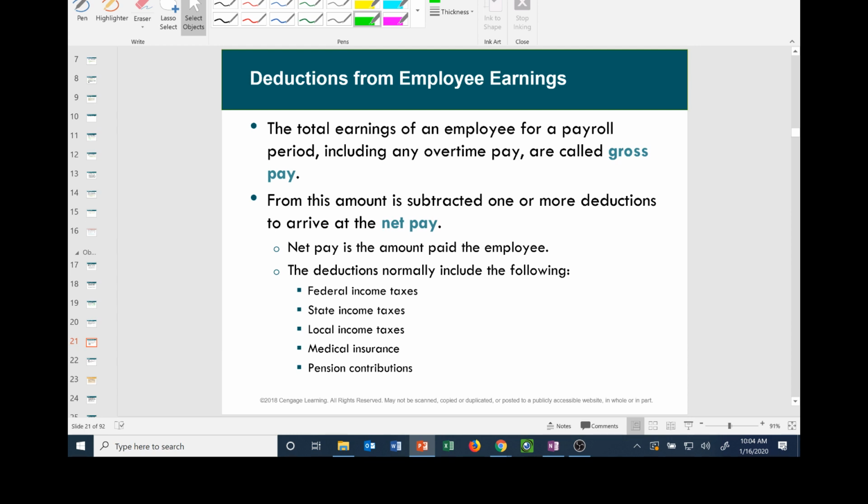And here are a few of the taxes. Federal income tax, that's a different rate for different people. Minimum wage, you probably don't have to pay any federal tax. State tax, everybody in West Virginia has to pay it. Medicare tax and Social Security, everybody has to pay it. Everybody doesn't have to pay pension contributions. Local income tax, the city of Bluefield does not have a city income tax. The county of Mercer does not have a Mercer County income tax. You pay personal property taxes and real estate taxes.